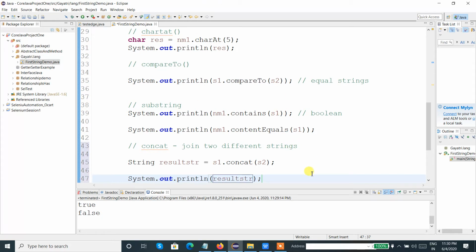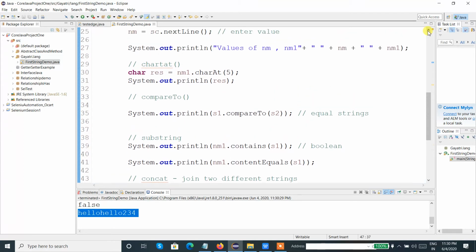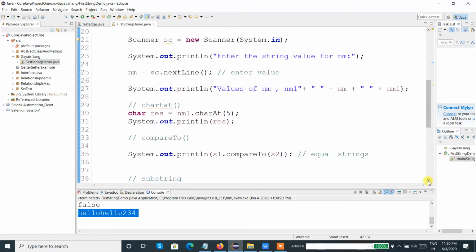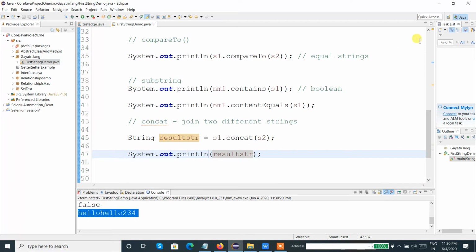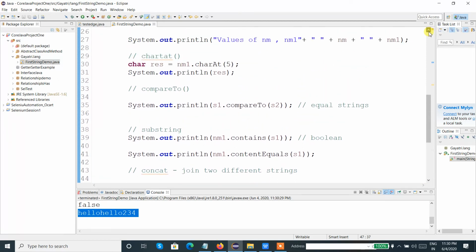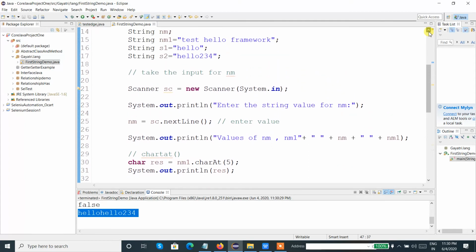After concatenation we can see the data. So let us check how exactly it comes out. Let's say apple, hello123. So s1 and s2 we have concatenated over here. Let me just check what s1 and s2 are.